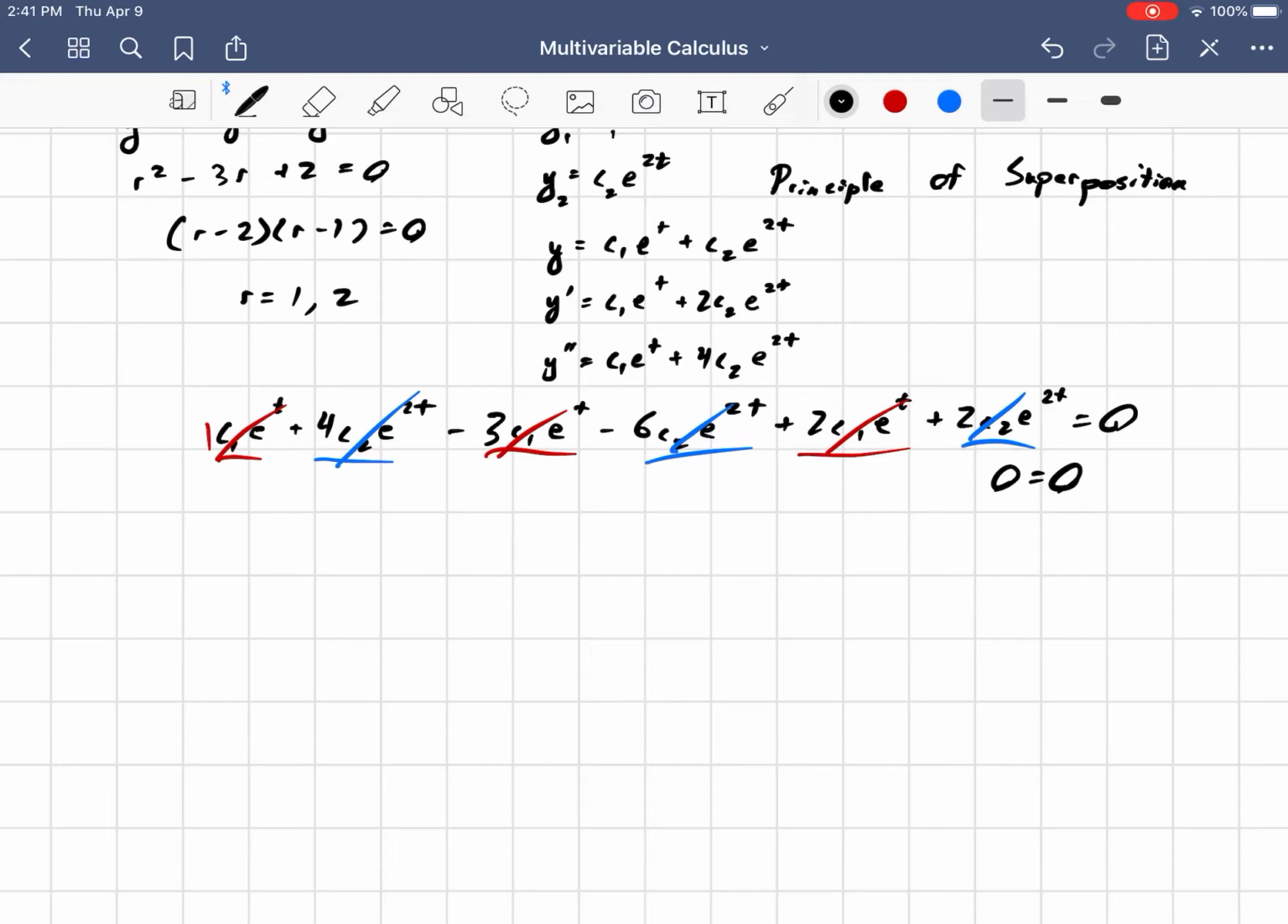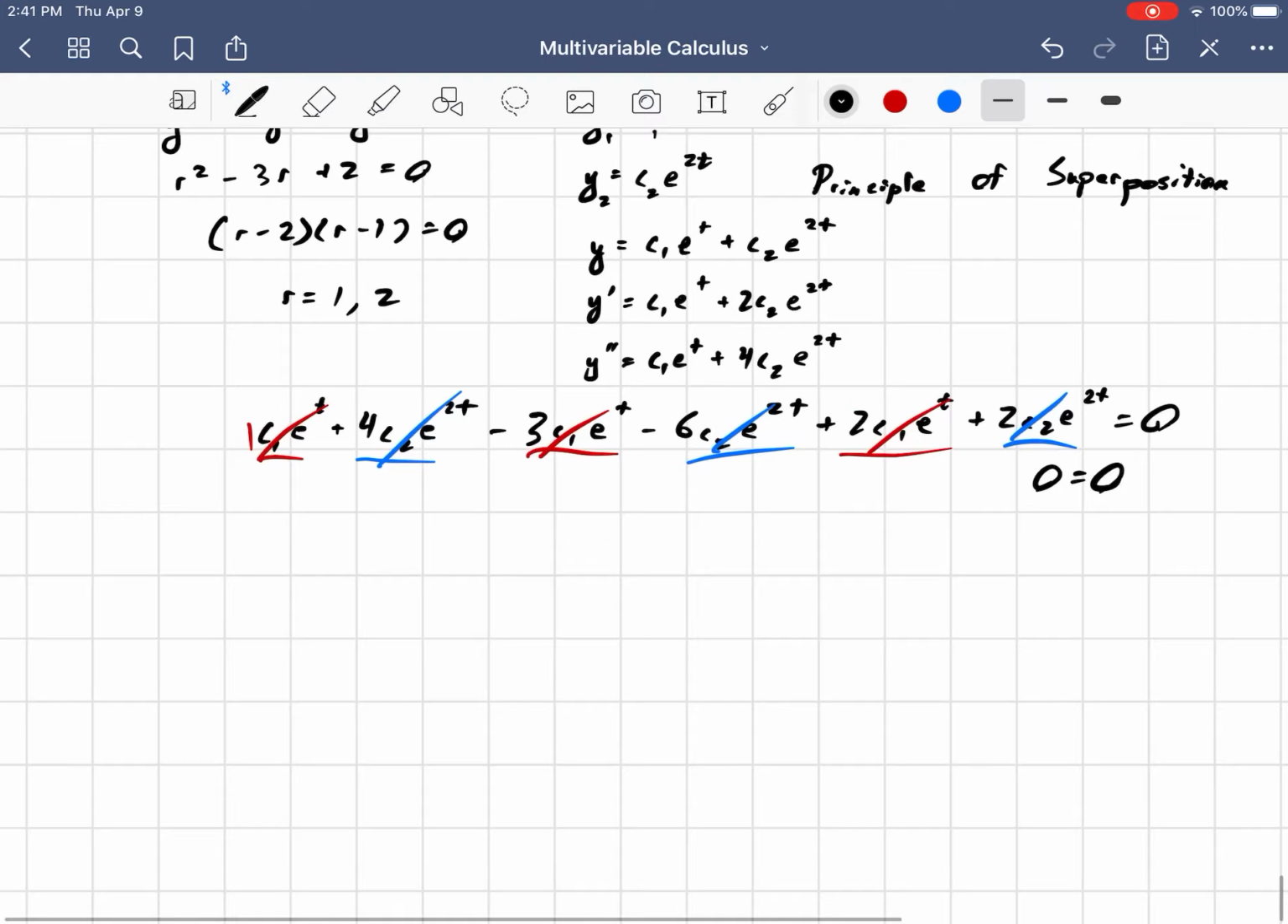So that's how you can actually check that this equation does work here. And that's the general procedure. Just plug into the differential equation and find the auxiliary equation and find the roots, and